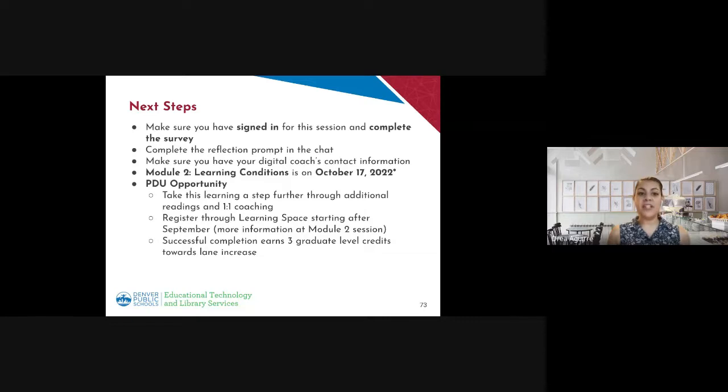If you did not register, you just got the link from somewhere, you're not signed up in Learning Space, don't panic. That is totally okay. We can add you, and we'll also be sending out links when we get that next generated Teal Day link in October. We'll send that out to all of you to make sure that you just have that information. But again, if you have registered through Learning Space for today's PL session, you no longer have to register for any of those other sessions.